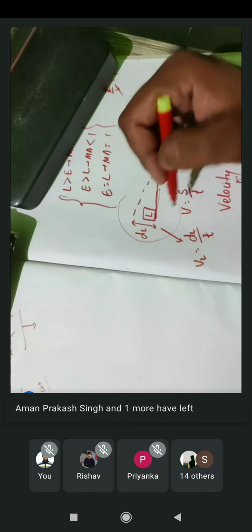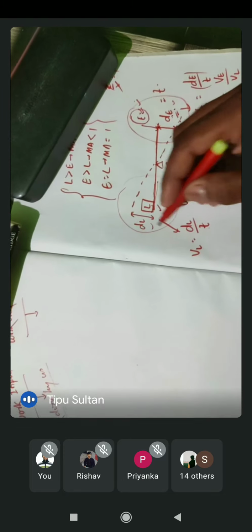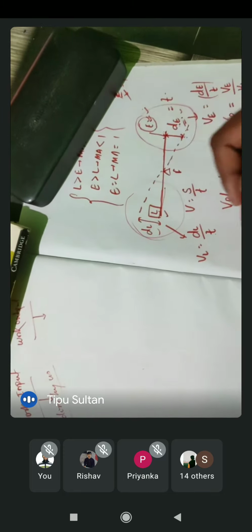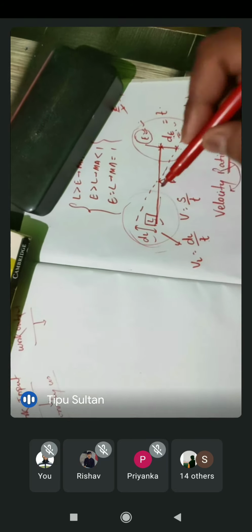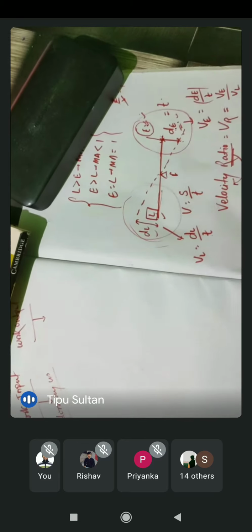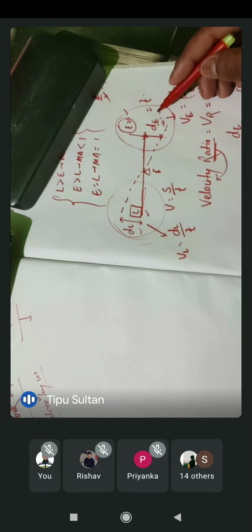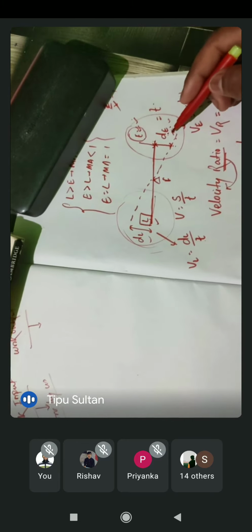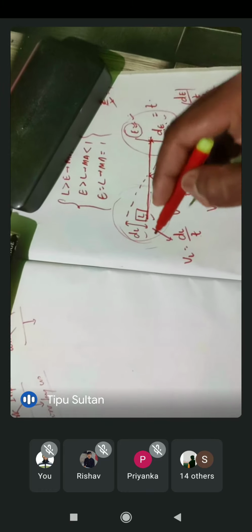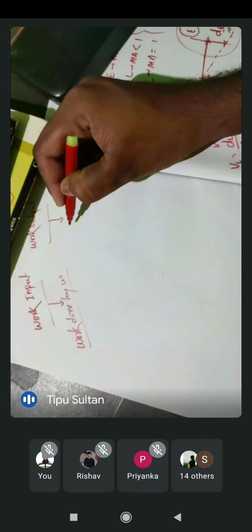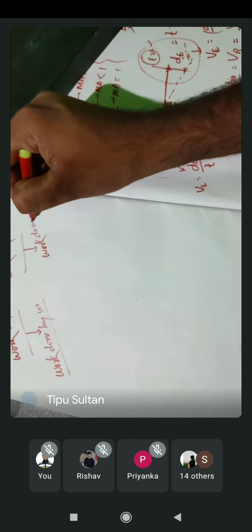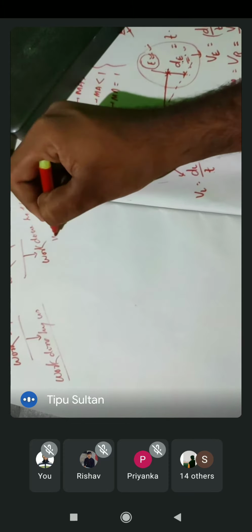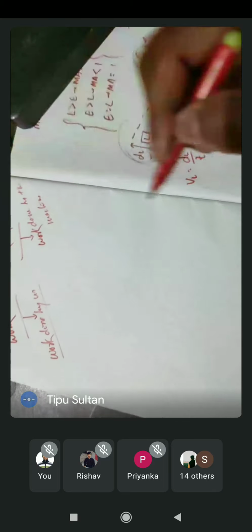Displacement of load is dl. So here also a force and displacement will be there, so work is done here. You can say that this will be the work done by the machine on the load. This side is work done by us on the machine, that side is work done by the machine on the load. So here work output is called work done by the machine. Is that clear?